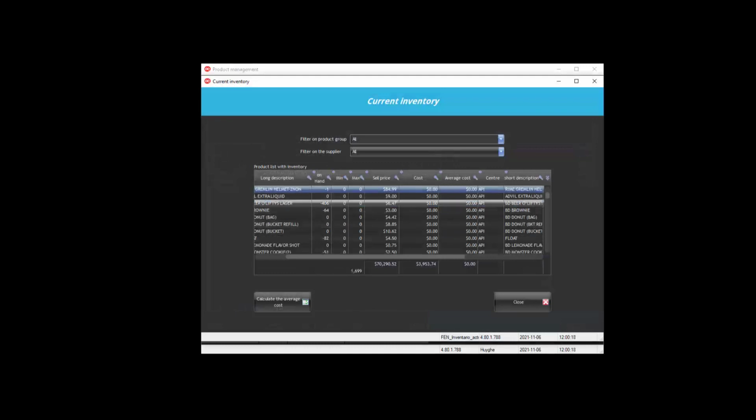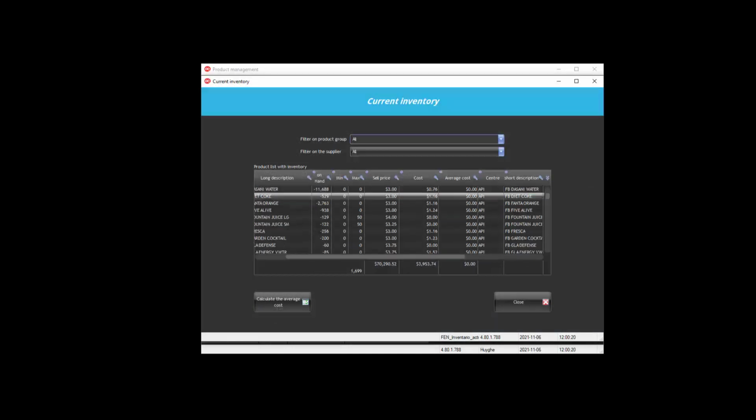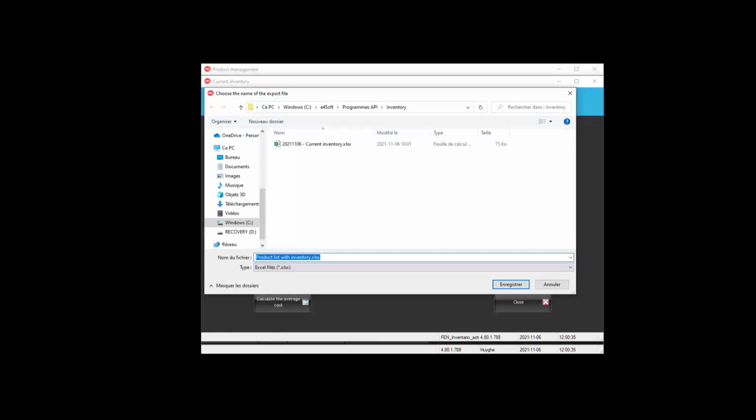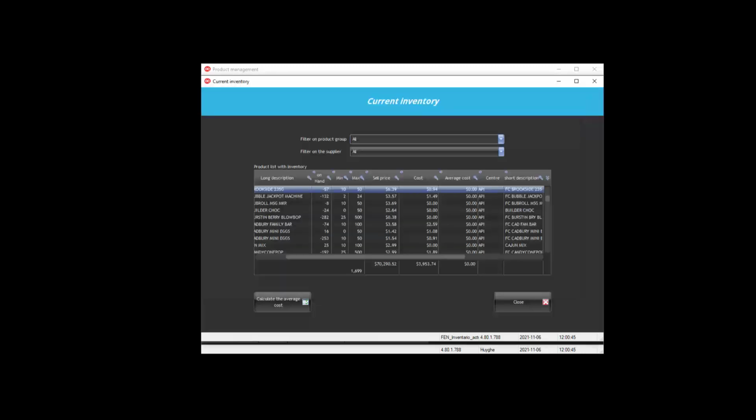I could say that you should begin with the current inventory. It will show you the current inventory with all the on hand that you have in the system. You probably have to adjust this. How you should do that: you say here, for example, that you want to export that table to Excel, and let us say it's the product list with inventory. I say register. I can open that document,